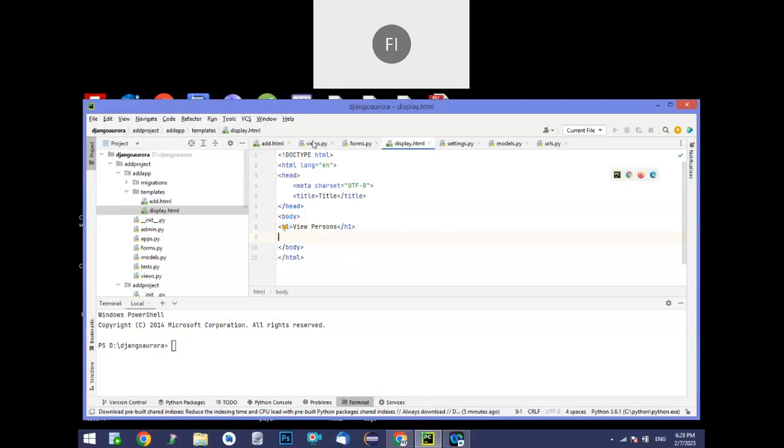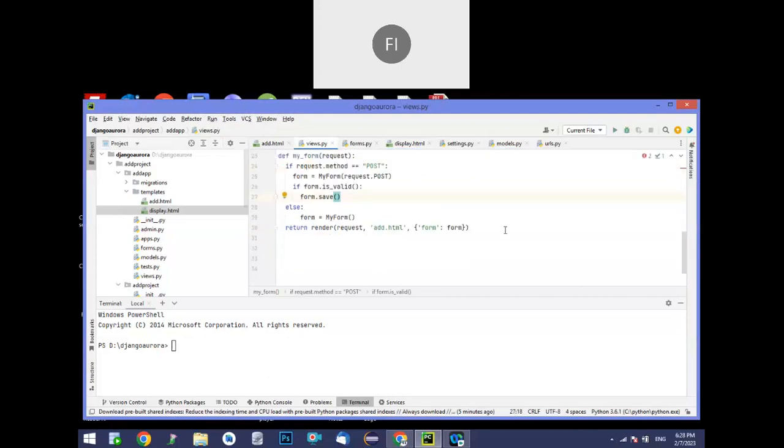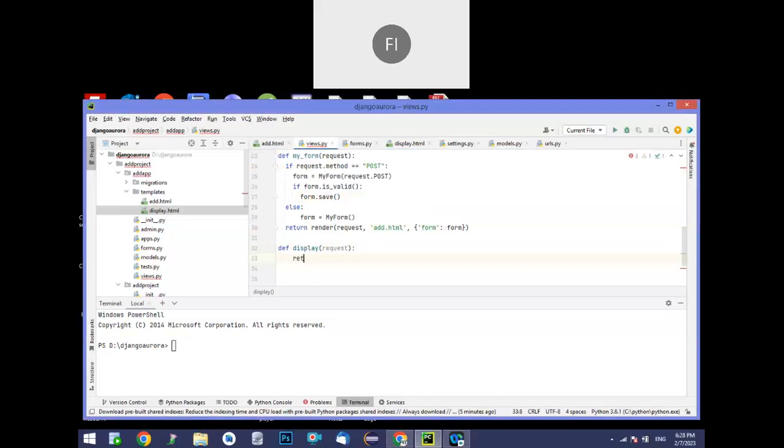For that, we definitely require one function to navigate to display.html. So I'm writing def display with request, and now we want to return render, with the brackets, request,